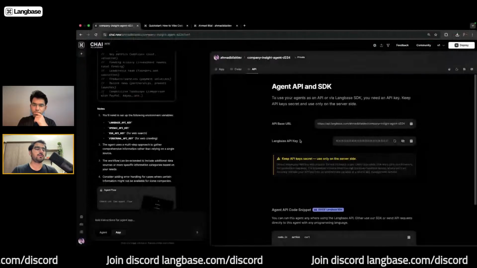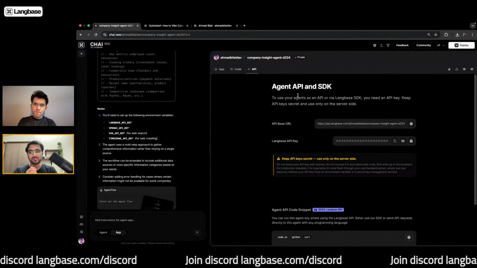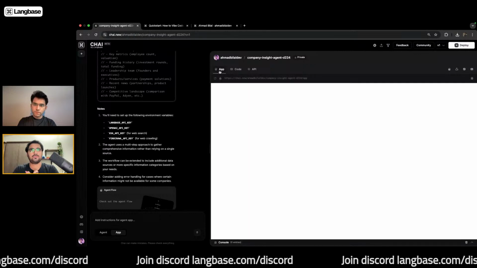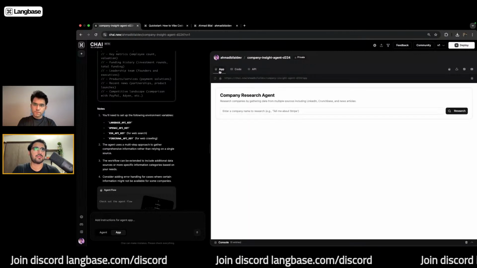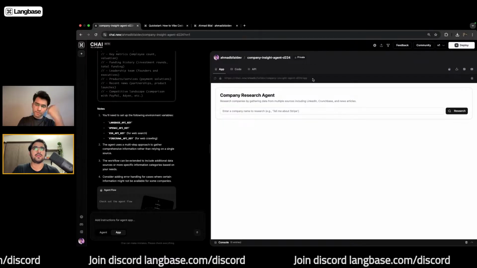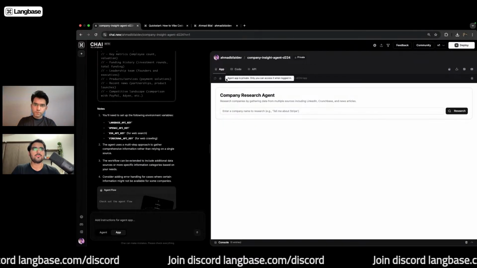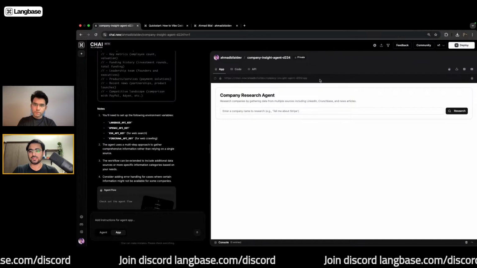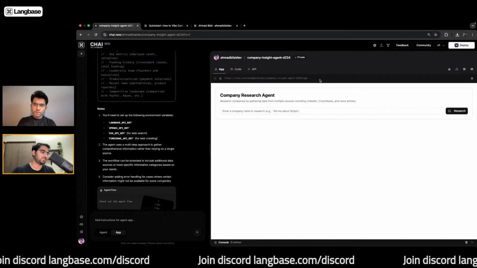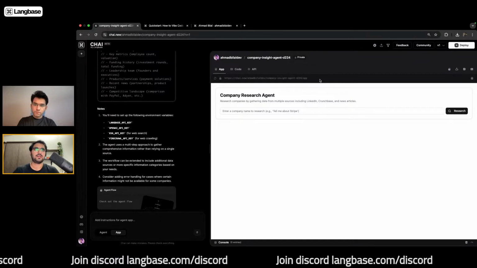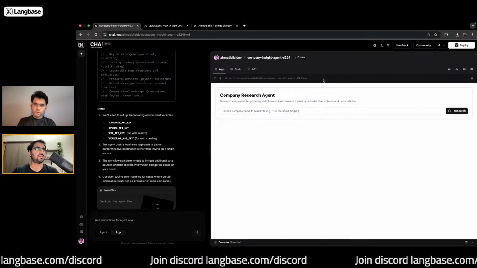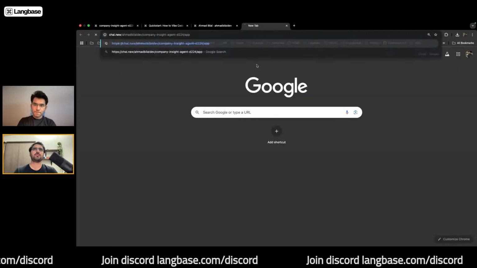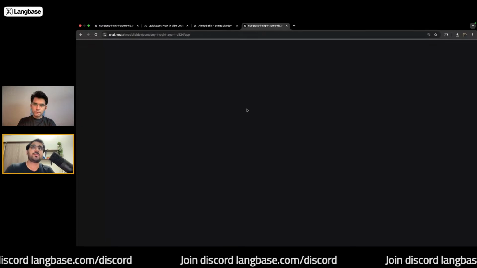So you get a deployed API for the agent itself, and you also get a deployed production-ready application for the agent. Now, a neat thing about this application is the URL here. Each agent app comes with a live URL, which you can instantly share with your teammates, with your customer, or with a partner that you are working with on your agent idea. You can go ahead and copy it, open it in a new tab, and it's going to open your agent app in its full entirety.